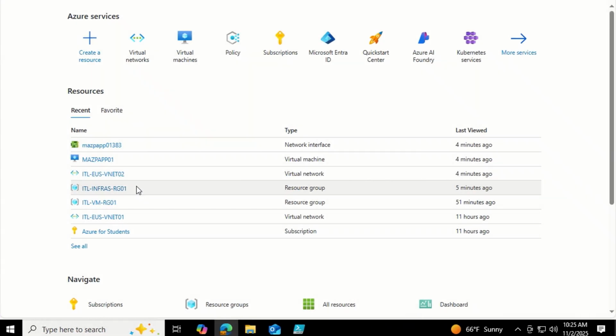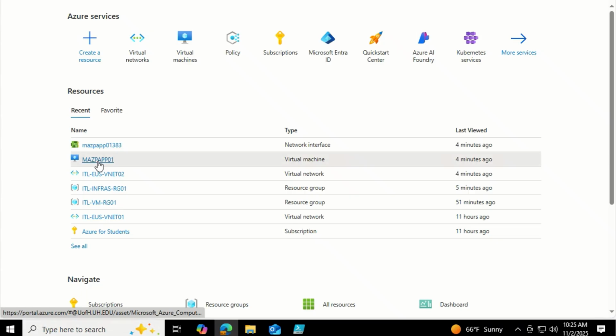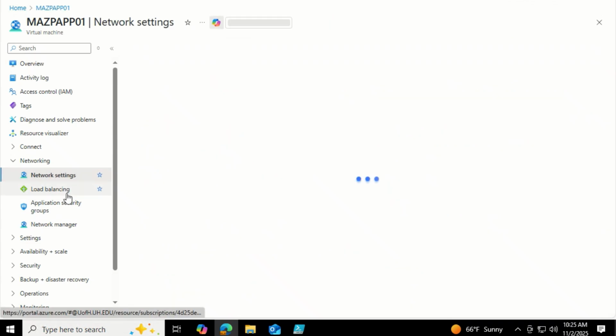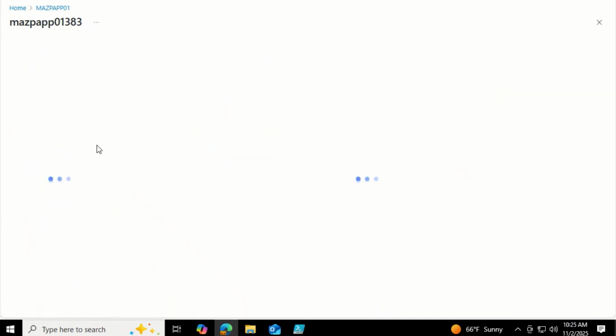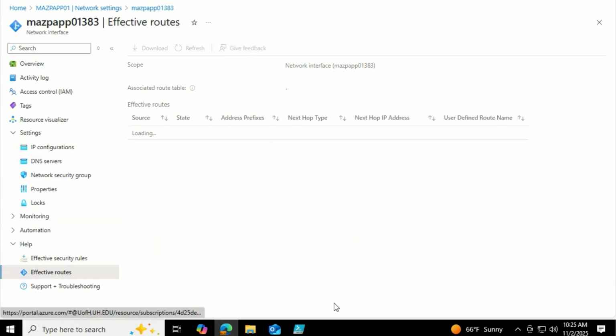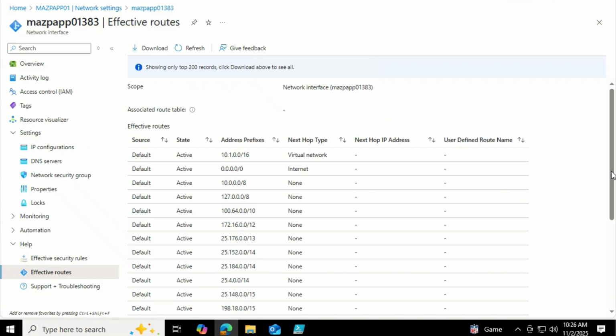To view the route table associated with a network card of a VM, let's click on the VM, then click on the network settings, then click on the network card. Here we need to click on the effective routes. As you can see, these are the routes